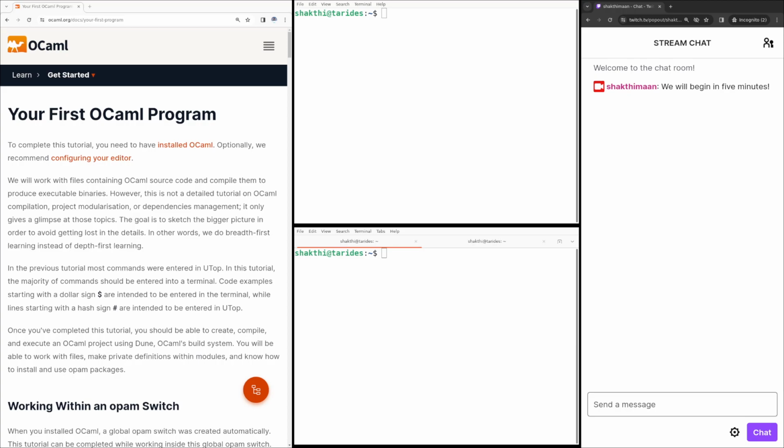Okay, so welcome to today's session. We have been going through the OCaml.org documentation pages. We've gone through a lot of them, and